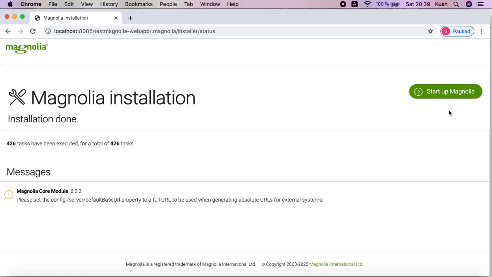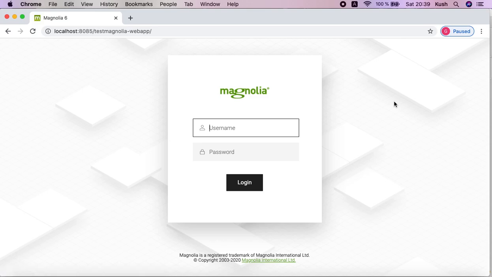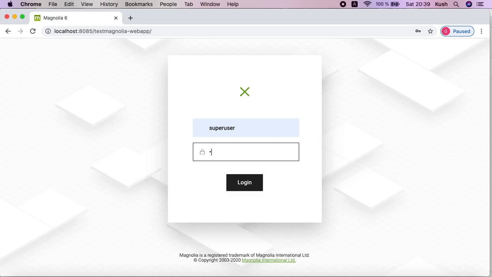Now it is completed, so I will click on this startup Magnolia. Now it will move to login page, and then we will log in and we will see what we have in Magnolia. Yeah, so here we have a login page, and I will tell you one thing, there is default username and password, that is superuser. So same I will use here, superuser as a username and superuser as a password,